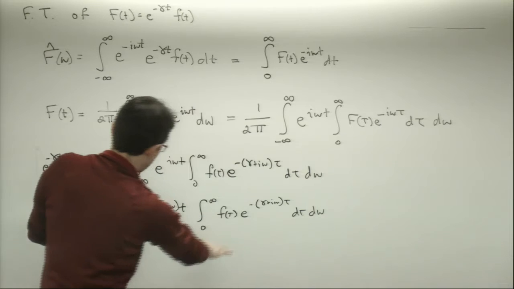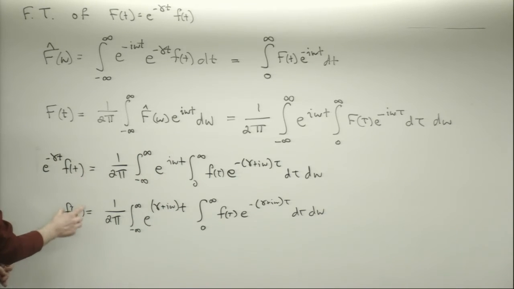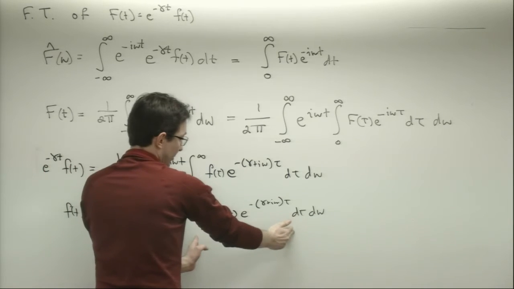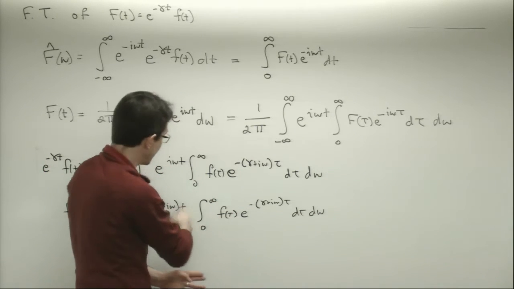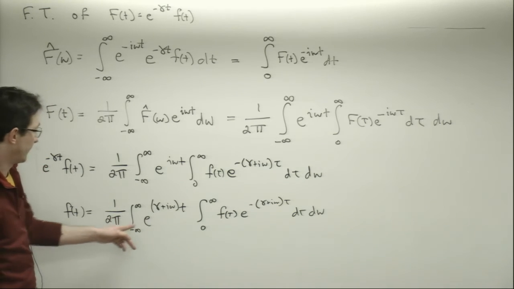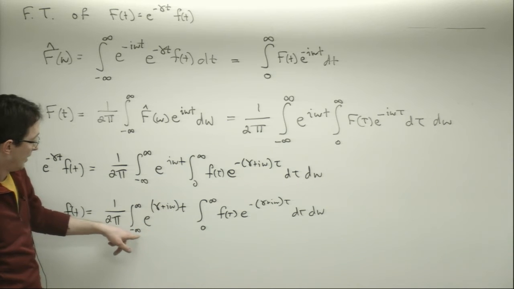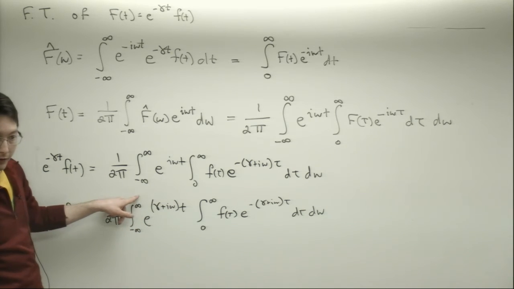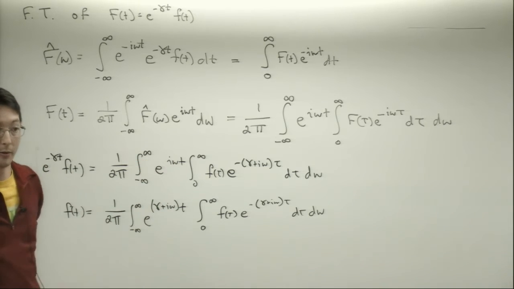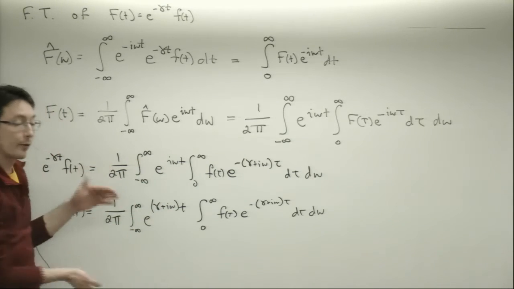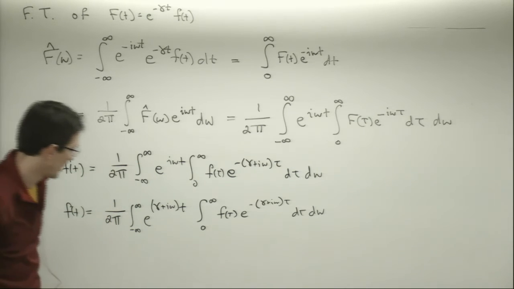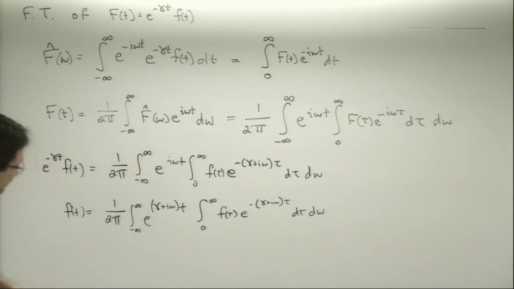And I simplify, simplify, simplify until I get something that's like my original function times some inverse transform of some transform of F. And this transform looks remarkably like the Fourier transform, but it's a little different. Instead of integrating from minus i infinity to i infinity, I'm integrating from gamma minus i infinity to gamma plus i infinity. So it's basically a Fourier transform, except I'm integrating on a different contour. And I should draw that picture. Okay,